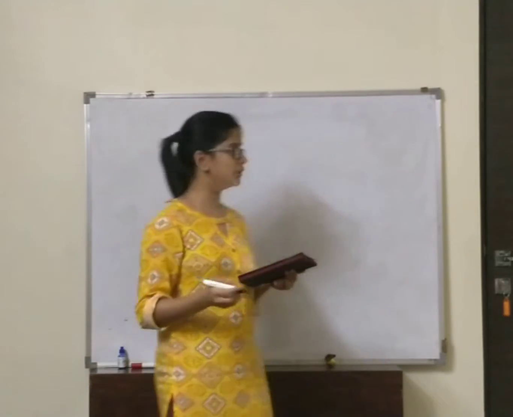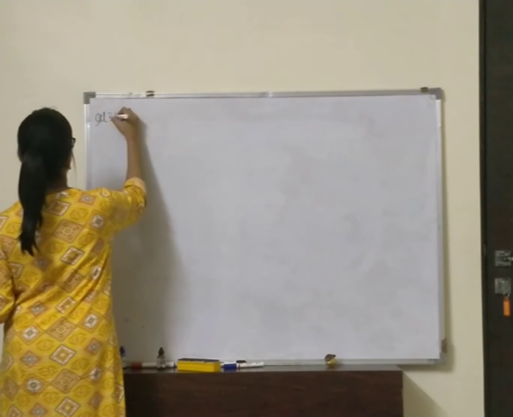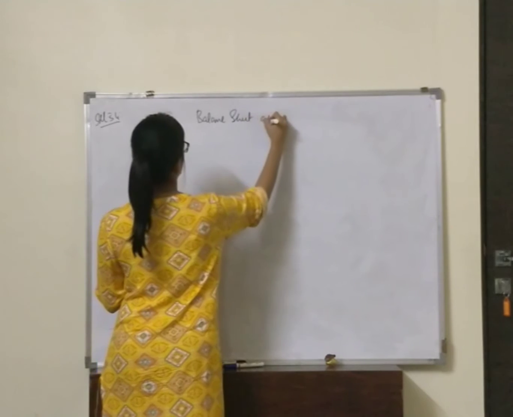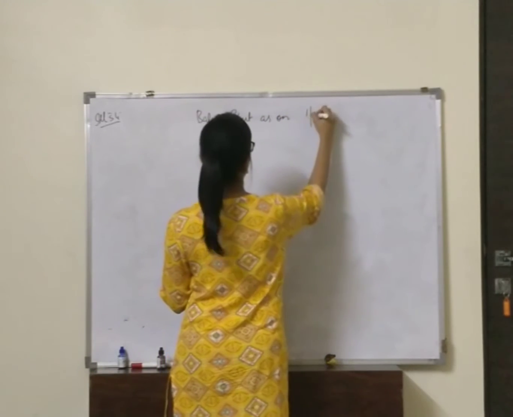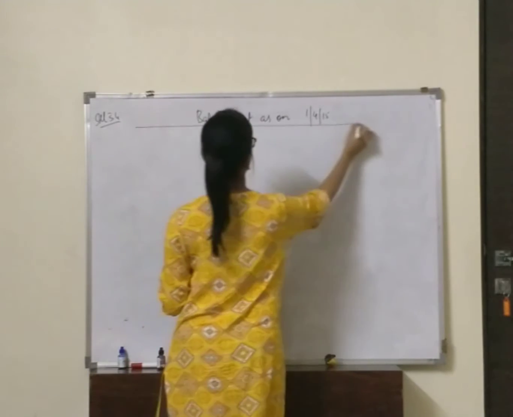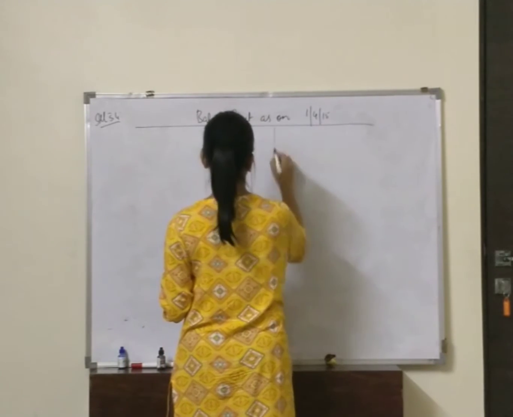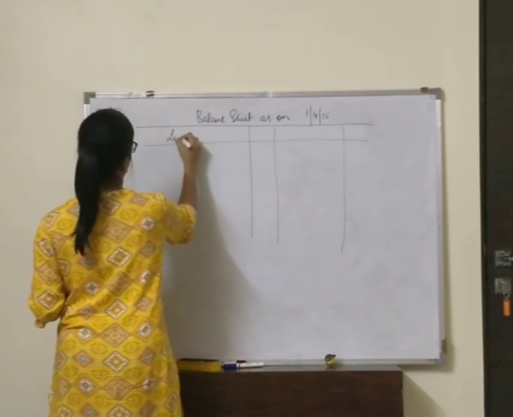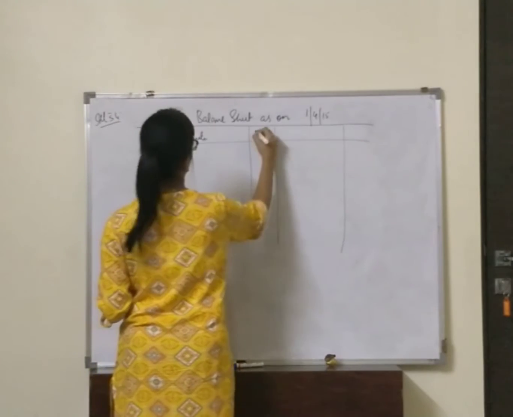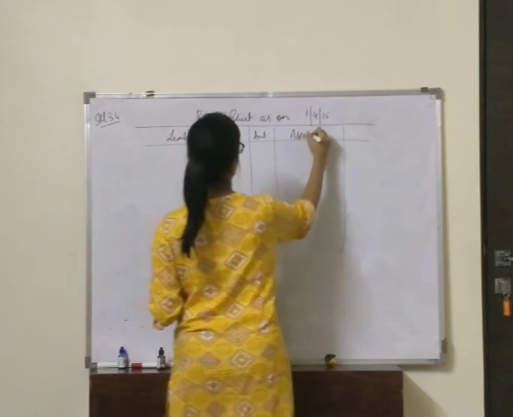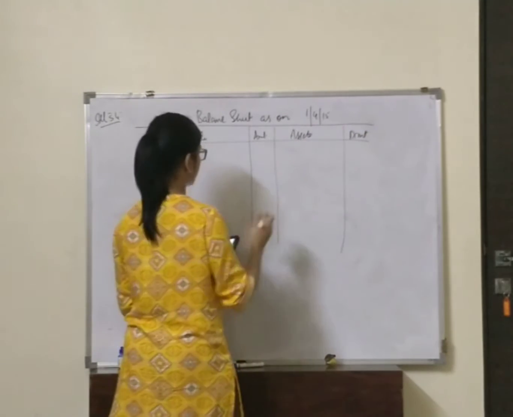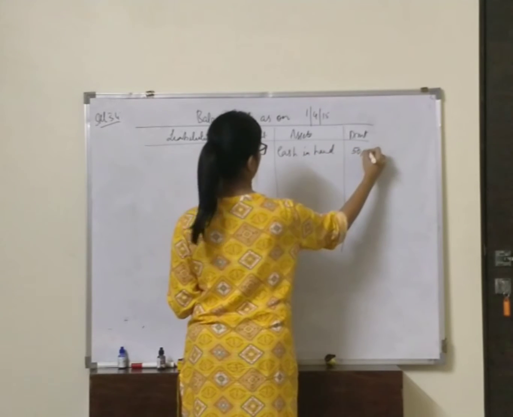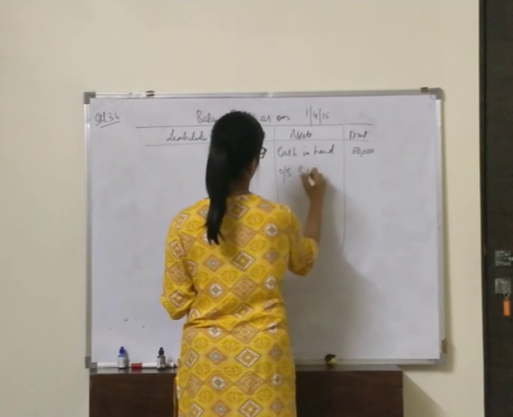So let's work out the problem. Illustration 34. Balance sheet as on 1st April 2015. We have liabilities, amount, assets, amount. So the first thing is cash in hand 50,000. Then we have outstanding subscription